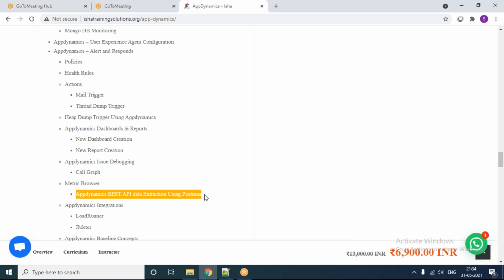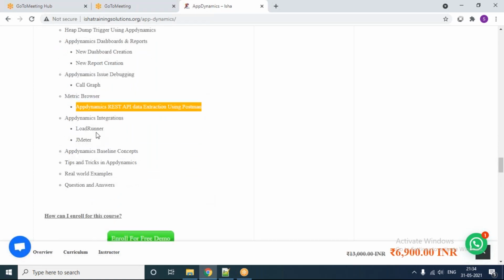So we are going to learn that concept also, how AppDynamics exposes its data, and how we can extract AppDynamics data externally through JSON format or XML format, so that you can also use it for, say, somebody asked, Grafana, InfluxDB and all. How we can extract it and make use of an external source, that also we are going to see.